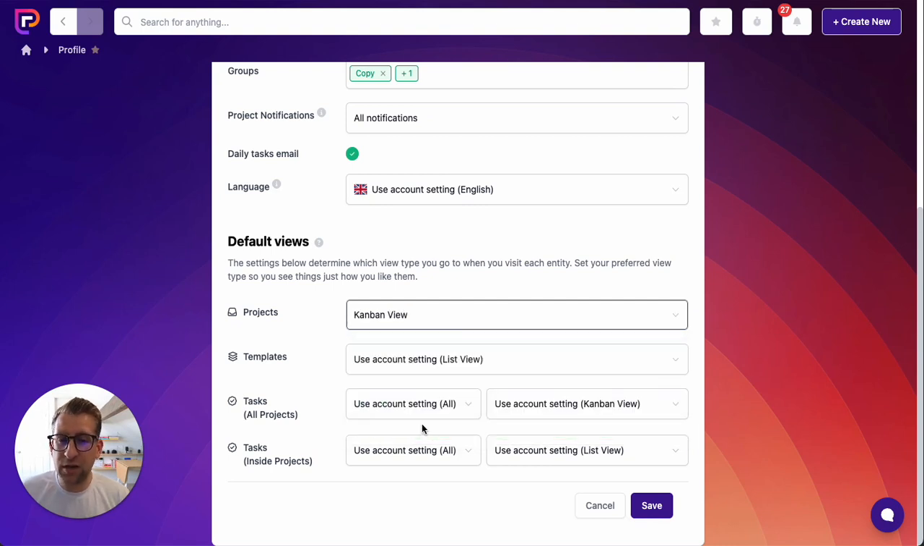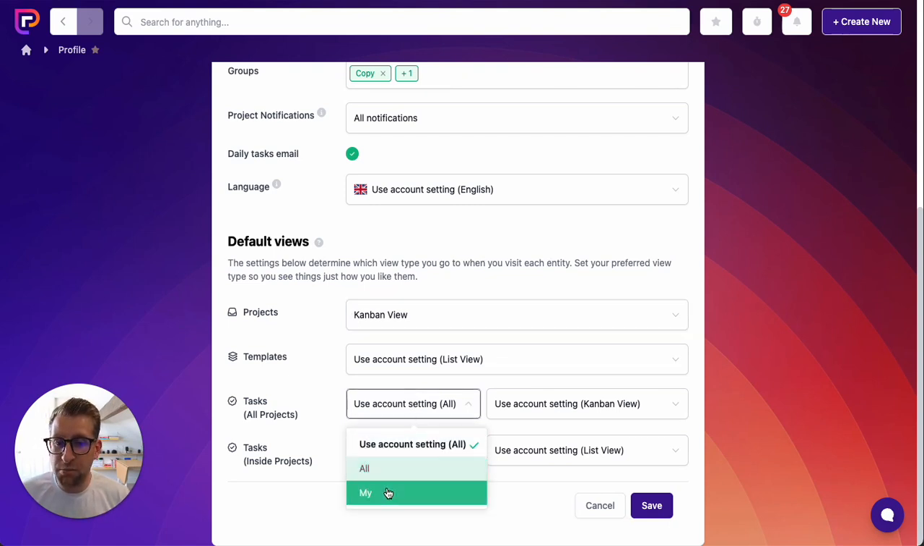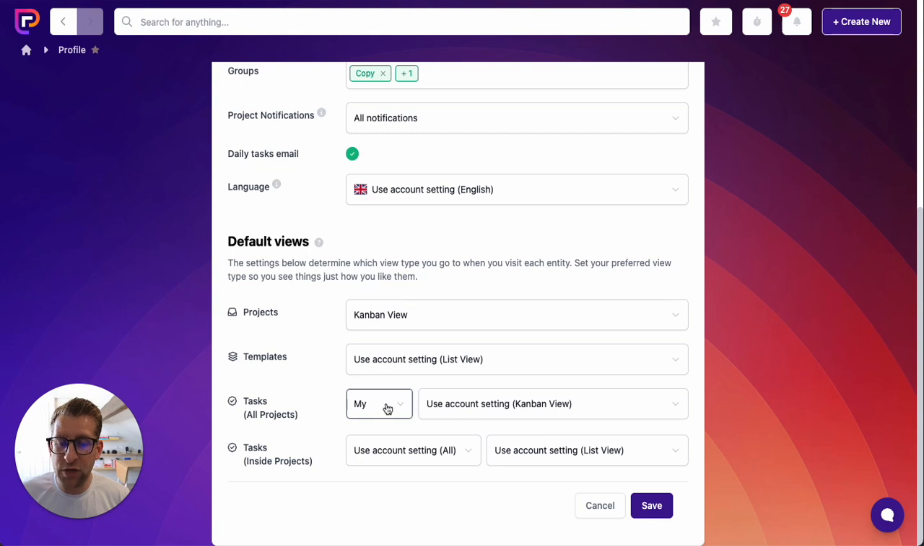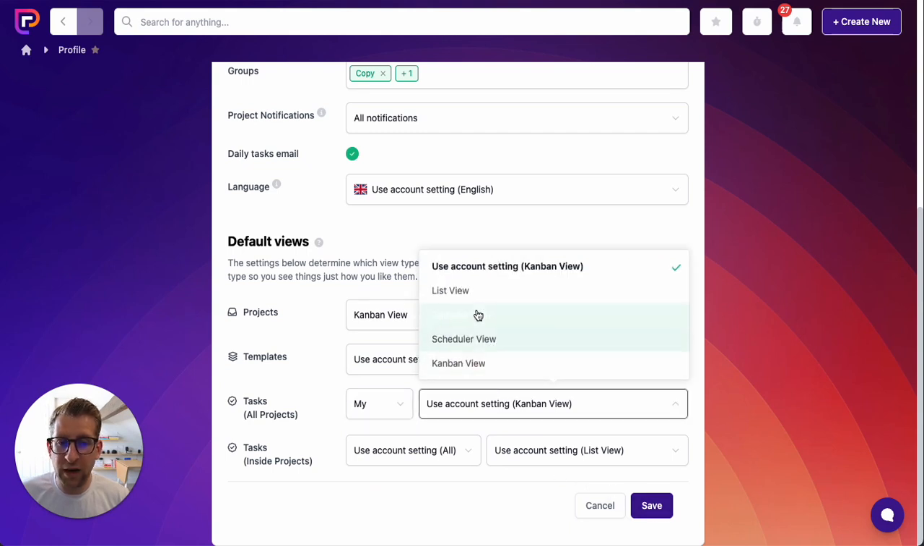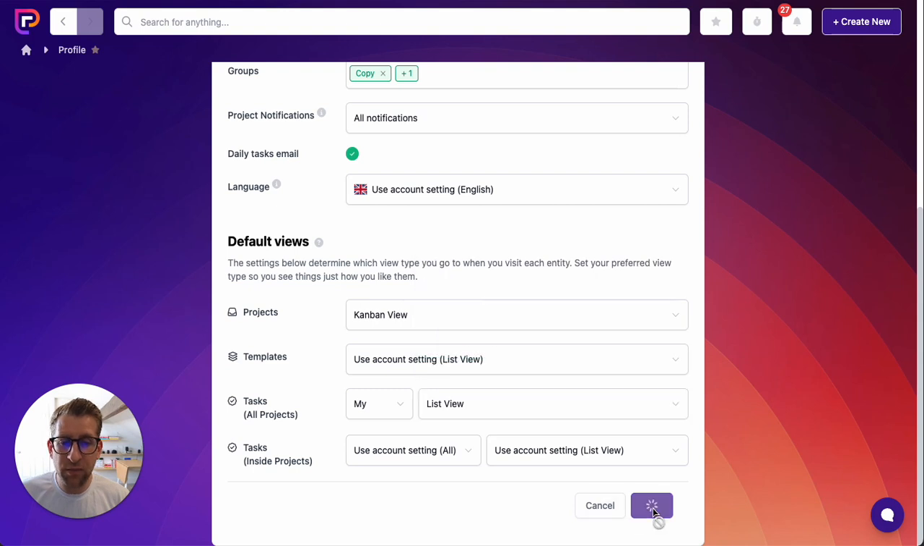And this is particularly useful for tasks because you can say the global view might be all tasks, but when I view my tasks, I might want to see just my tasks. So I can come in here and change this to my. And I want to see it in a list view perhaps. So now when I save,